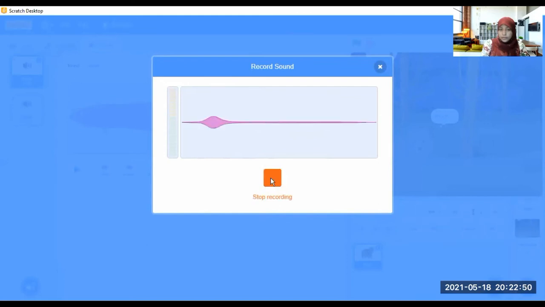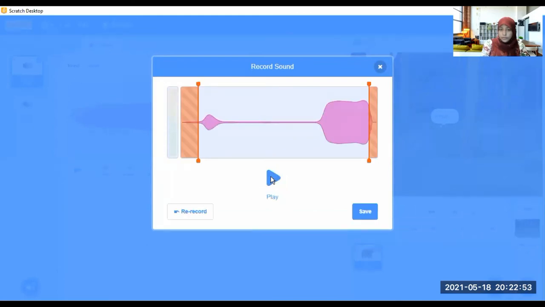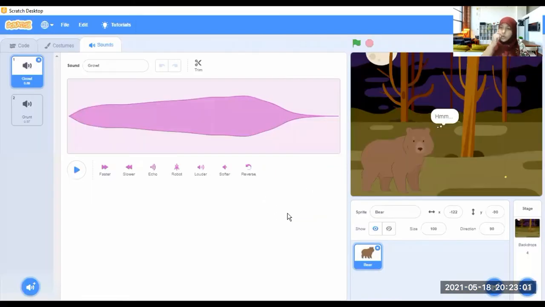Hi. Likewise, you can record sounds also. Now you know you can upload sounds, get sounds from Scratch, or record sounds.